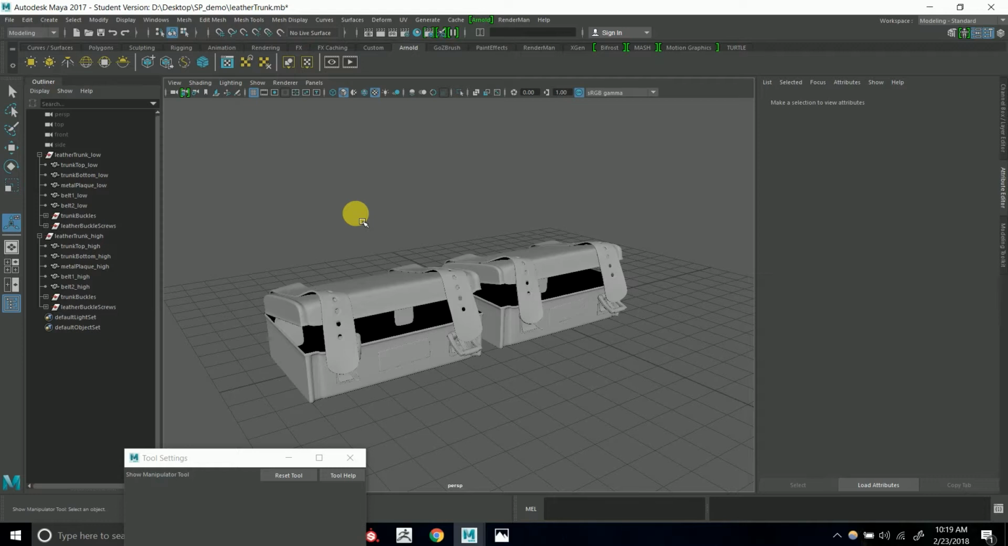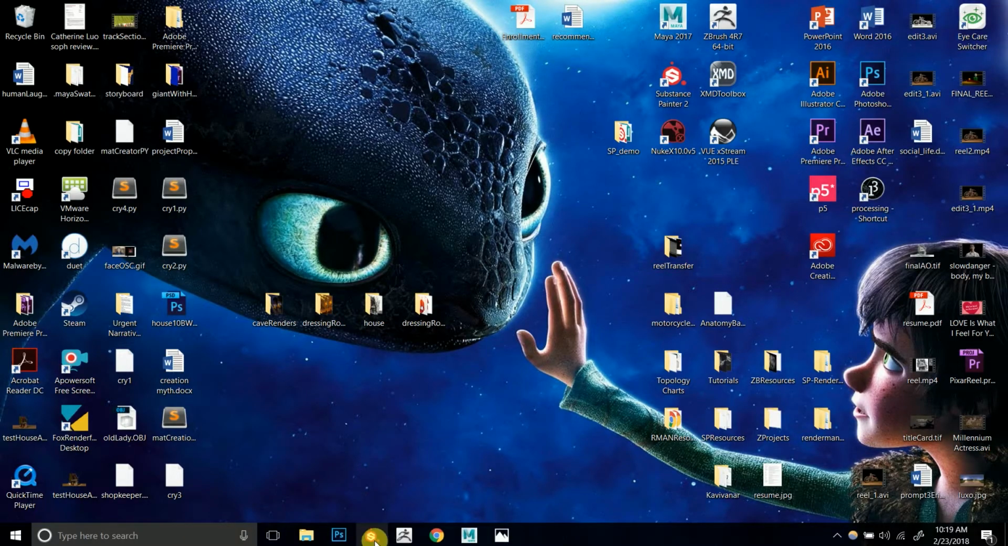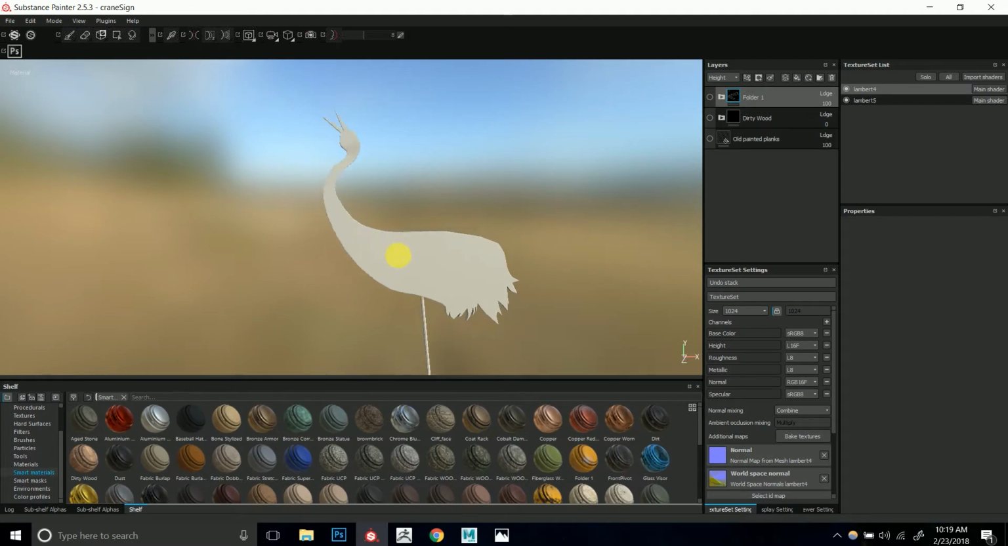So opening up Substance Painter, I have this little crane sign that I made for one of my personal projects. I'll just be demoing it on this because I think it's a good example. So when you come into Substance Painter,